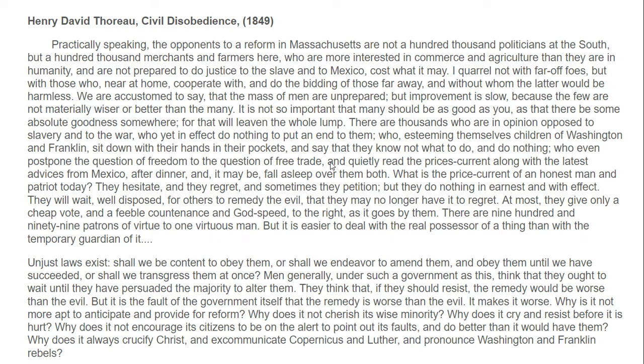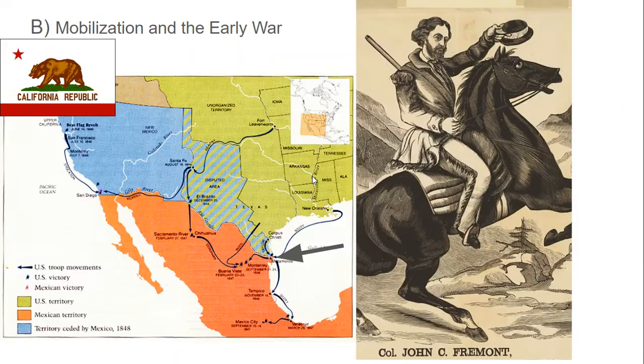So, pause. So those are all the various perspectives here. You've got Southerners and advocates of Manifest Destiny pushing for war, Whigs and transcendentalists opposing war, but doesn't really matter. We've got war. So, on the early days of the fighting, it's going to take us some significant time to mobilize. Mexico already has a large standing army, and of course, as you know from previous discussions in this class, the United States does not have a large standing army, so we're going to have to train and recruit most